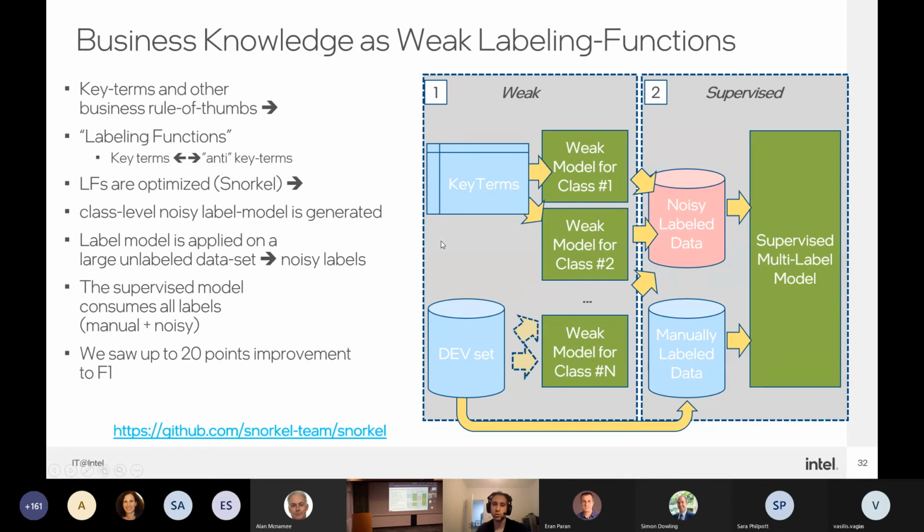The second solution is to use weak supervision. For that, we utilize a useful tool called Snorkel, which allows us to define weak labeling functions. You can think of these as a set of rules that can automatically label each company with noisy or fuzzy labels, and then these labels are used for the main supervised model.